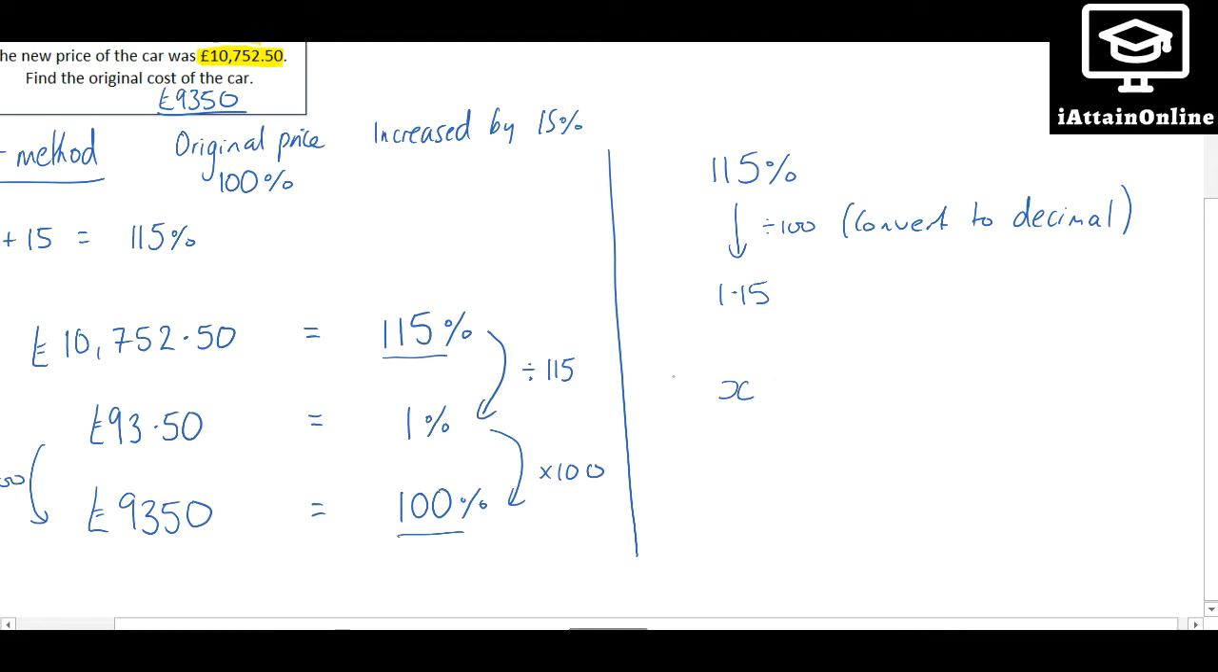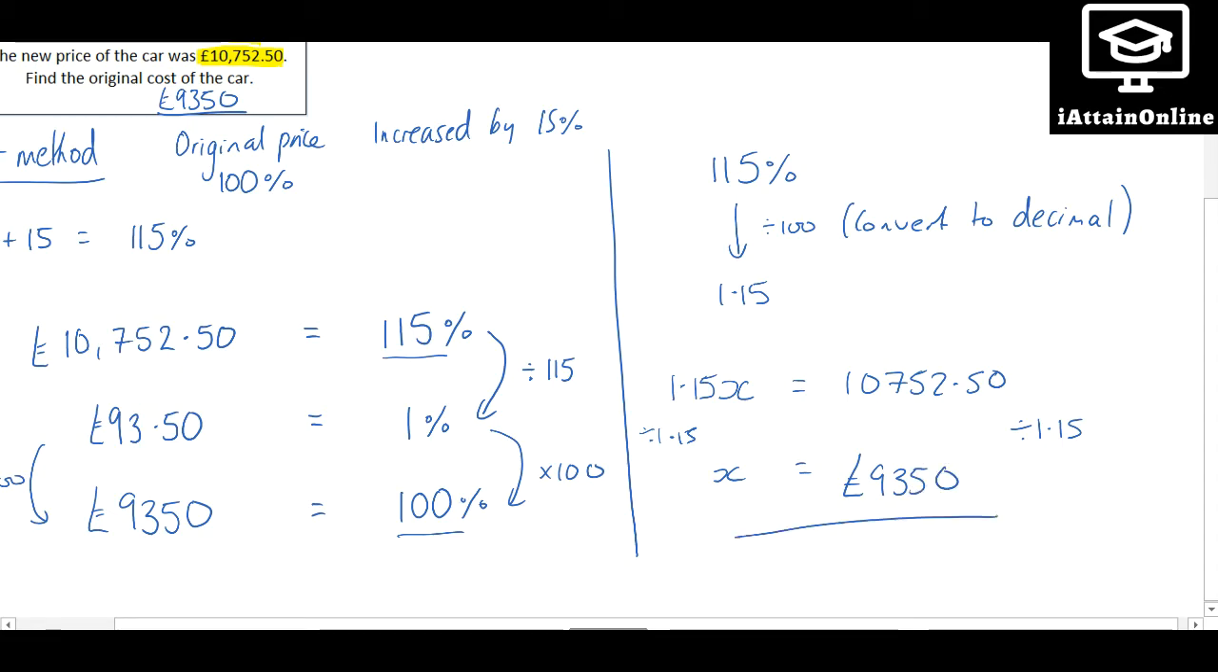Now this means that this number that I'm trying to find, which I'm going to call x, I've multiplied it by 1.15, so 1.15 times x gives you £10,752.50. Because I want to find out what x is, because x would be the original value of the car, I need to divide this side of the equation by 1.15. So I'm going to divide this side of the equation by 1.15 as well. So if I did £10,752.50 divided by 1.15, that gives me the cost of the car as